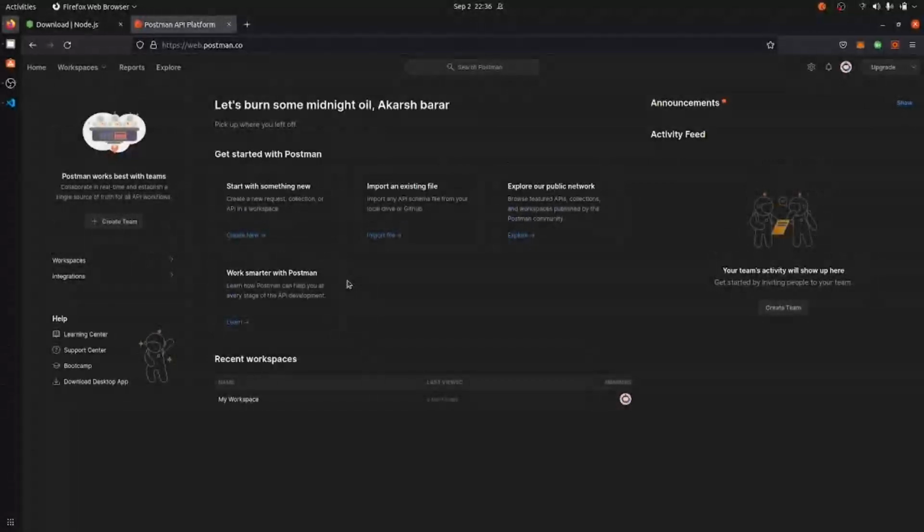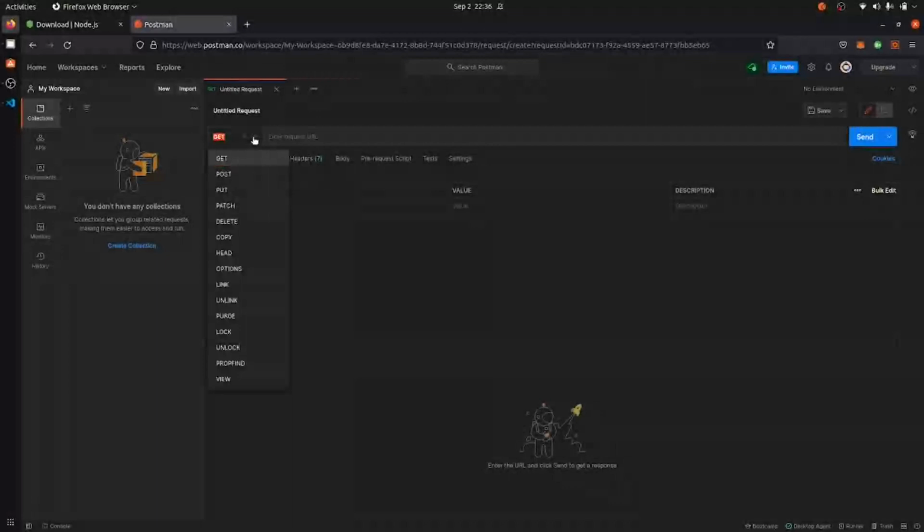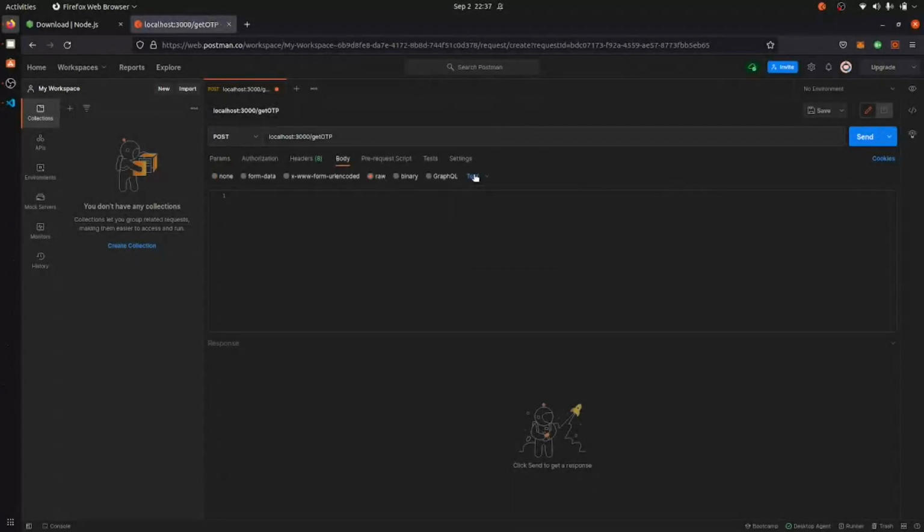Okay, so we will create a new HTTP request, host localhost 3000, then slash getOTP, body text JSON.